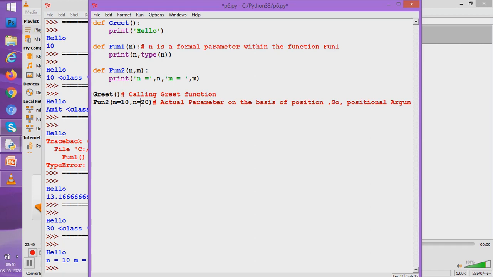Whatever we have done now, it is not on the basis of position, it is on the basis of keyword. So this method is known as keyword argument method. So we had learned positional method, now we have learned keyword method, and we have also seen how it works. Let us again see it.